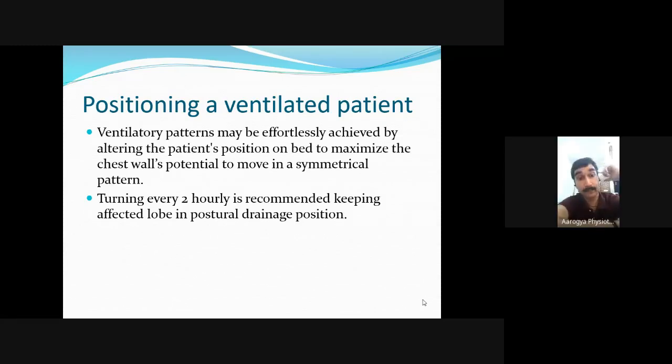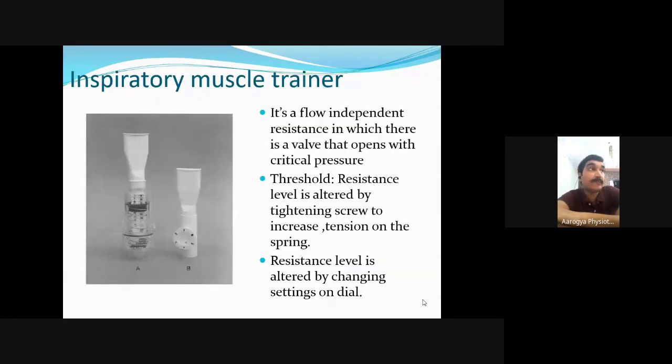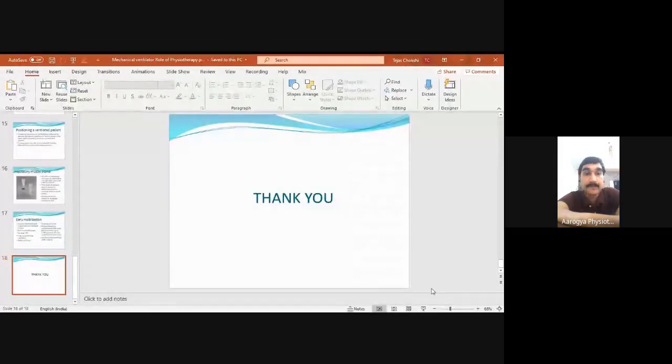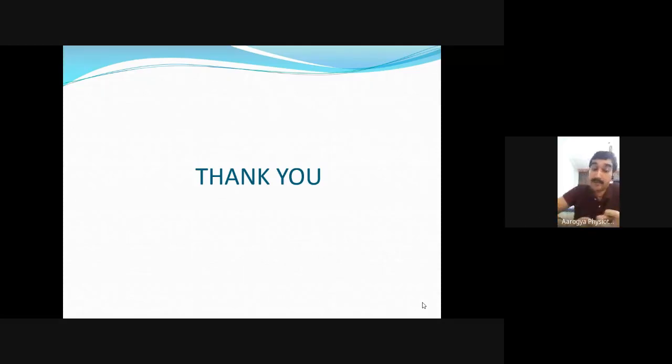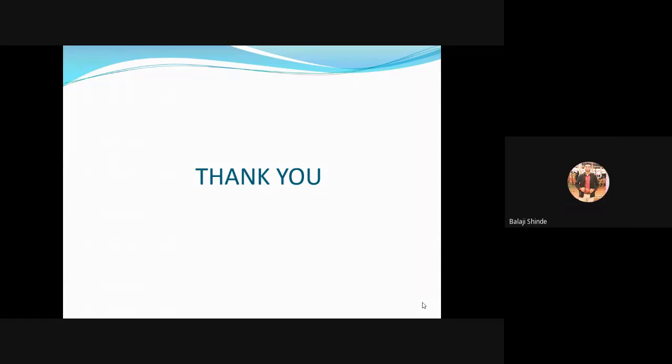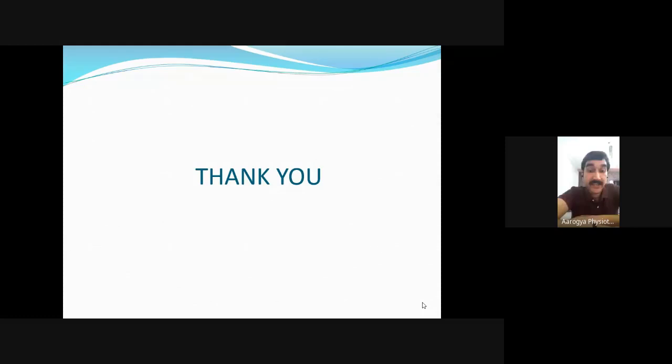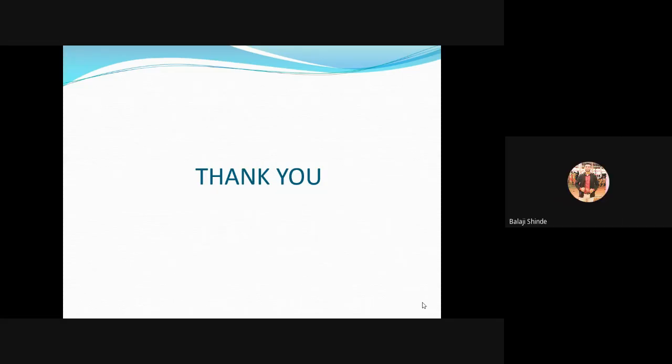What is the use of rib mobilization? There's something called an inspiratory rib and an expiratory rib. If you have a chest wall compliance issue, say if a patient has kyphoscoliosis, then there is an issue with the compliance of the chest wall and not the lung. The kyphoscoliosis won't allow the lung to expand, right? So in this case, you need to release the soft tissue and you need to mobilize the ribs as well, so that in spite of the kyphoscoliotic posture, you can get the maximum amount of rib expansion.